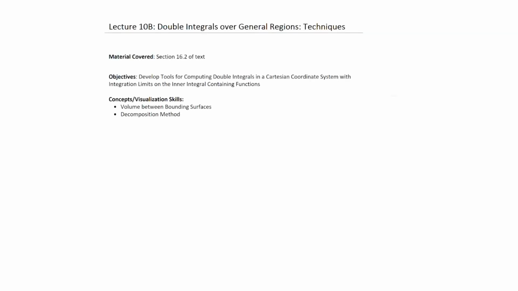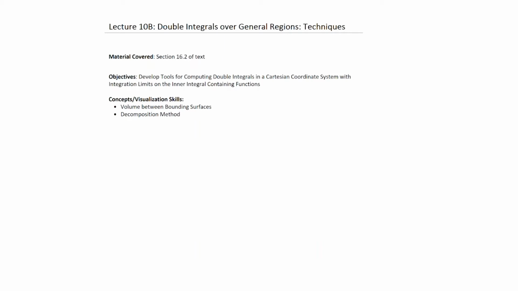Welcome to Lecture 10b, entitled Double Integrals over General Regions. In this particular lecture, we're going to be discussing some additional techniques for solving double integrals over general regions. The material being covered comes from section 16.2 of the text, and the objectives are to develop tools for